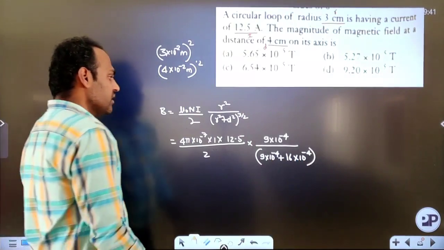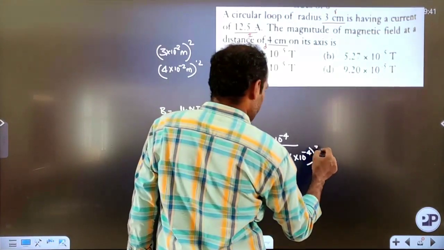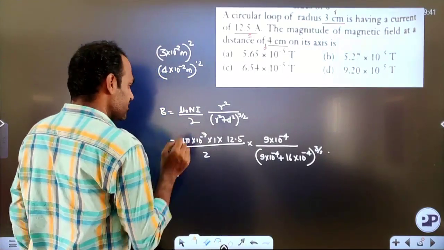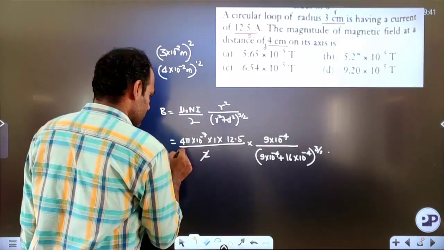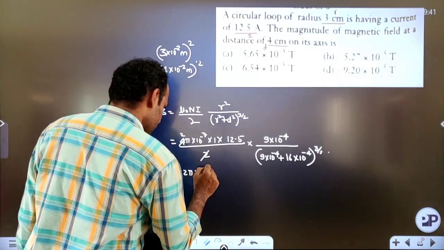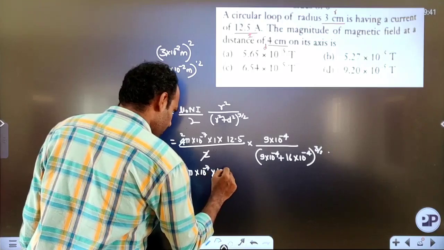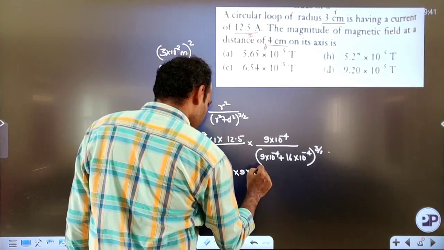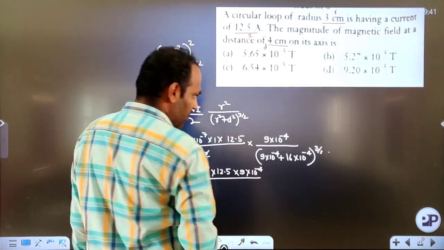Clear? Okay. So this will be whole raised to 3 by 2. Okay. So finally what I will get? ಈಗ ನಿಮಗೆ ಇದು ಈ ತರ ಸಿಗ್ತದ್ರಿ. So this is 2 ones, this is 2 twos. I will get it as 2 pi into 10 to the power minus 7 into 12.5, this is 9 into 10 to the power minus 4, divided by,